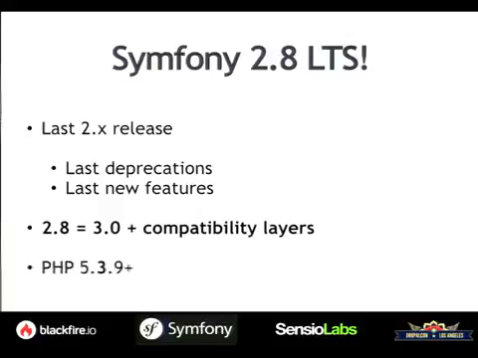So, Symfony 2.7, we thought it was the last version of Symfony 2, and actually it won't be. We are going to have an additional version for the 2.x branch, which is going to be 2.8, and 2.8 is going to be released at the same time as 3.0 for a very simple reason. We want you to be able to wait until the next 3.x LTS version to upgrade from 2 point something to 3 point something else.